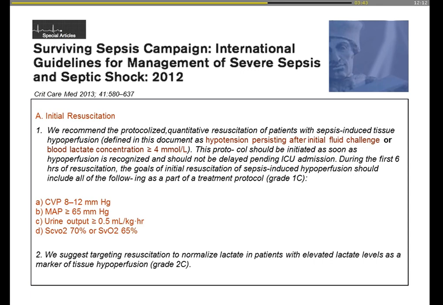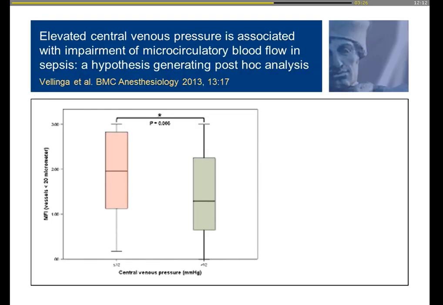Despite that, there's a lot of hemodynamics in the Surviving Sepsis guideline. Luckily, much is disappearing from the guideline again, but the blood pressure, the urine output, and the central venous pressure are basically macrohemodynamics, and it is very questionable whether they improve outcome.